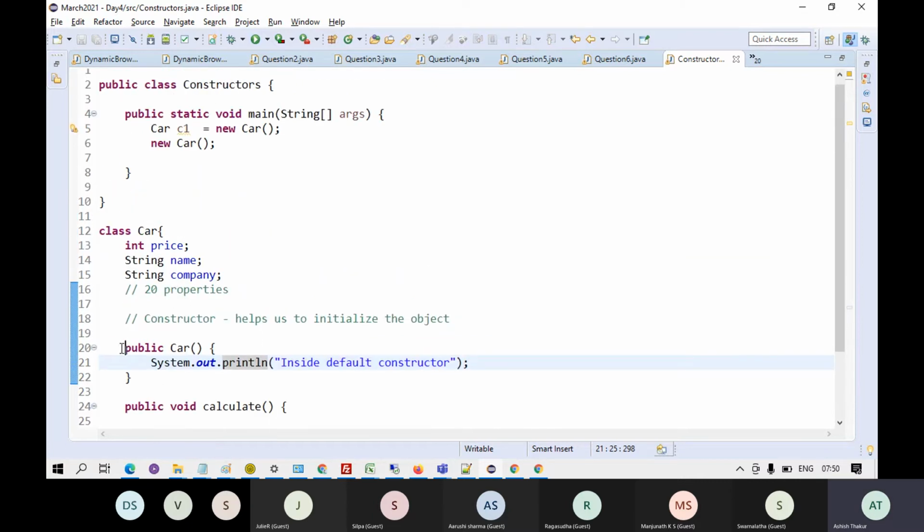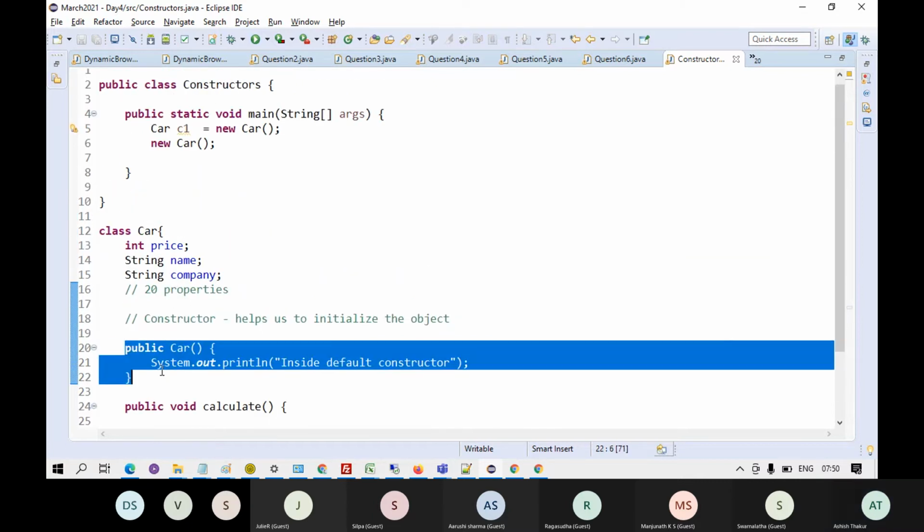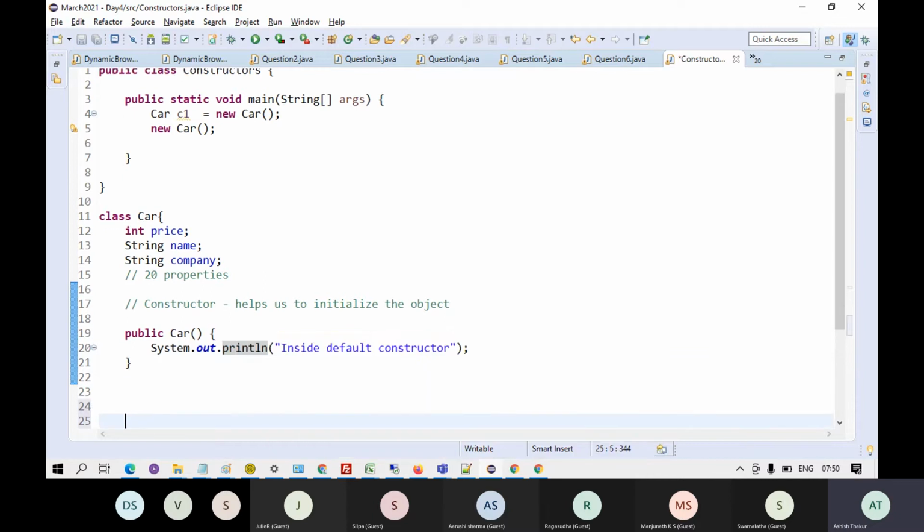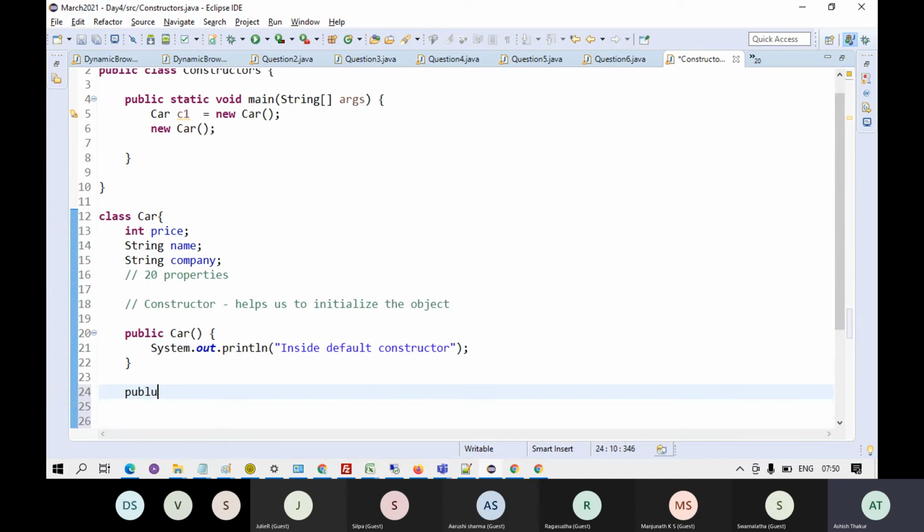All right, so it is optional to write, but I can also have a different form of constructor, that is public car, and this constructor takes 3 parameters: int price, name, and company.